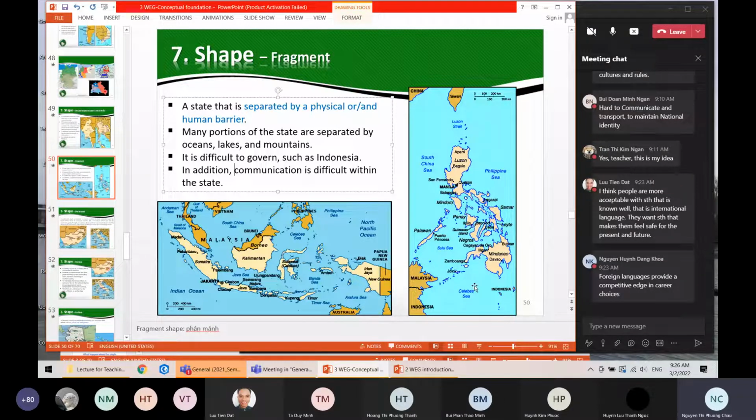Why does limited land bring this problem? You see, the Philippines is separated by the deep ocean. Nowadays the big global problem is global climate change, and global climate change causes sea level rise. When sea level rises, what happens? The land of each island becomes narrower. Land is limited.